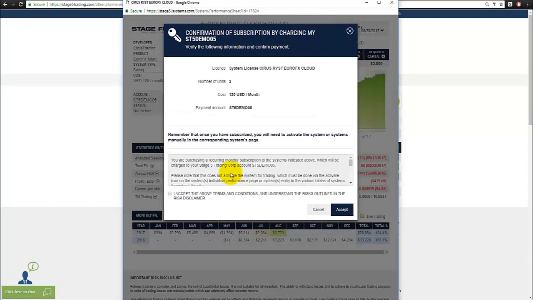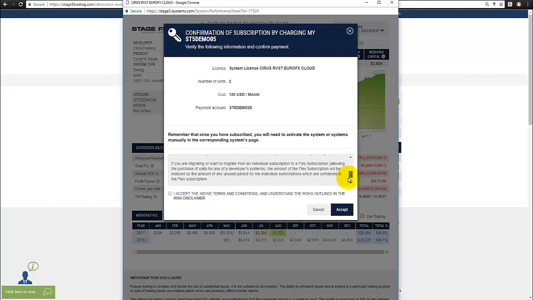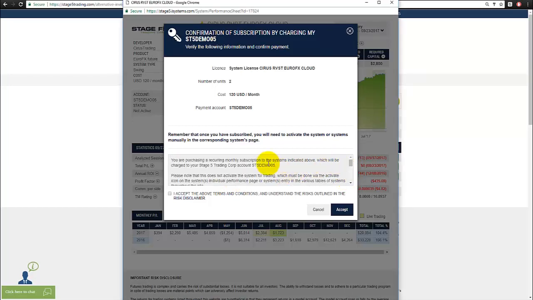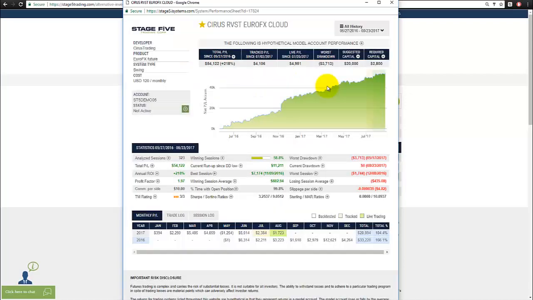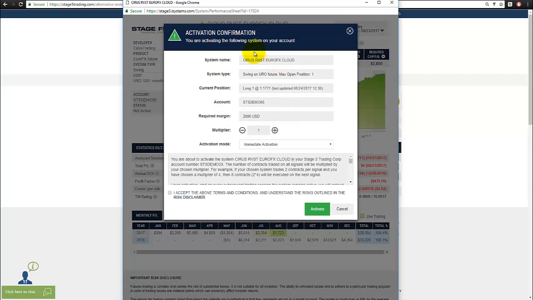Keep in mind there are going to be quite a few confirmation boxes you're going to have to go through. This is because this is an automated system, so what we simply need to do is make sure that you fully understand the risks and the costs that you are accepting. So then the next thing you're going to simply do is hit accept here, select accept. You're going to once again see this confirmation. You will activate,